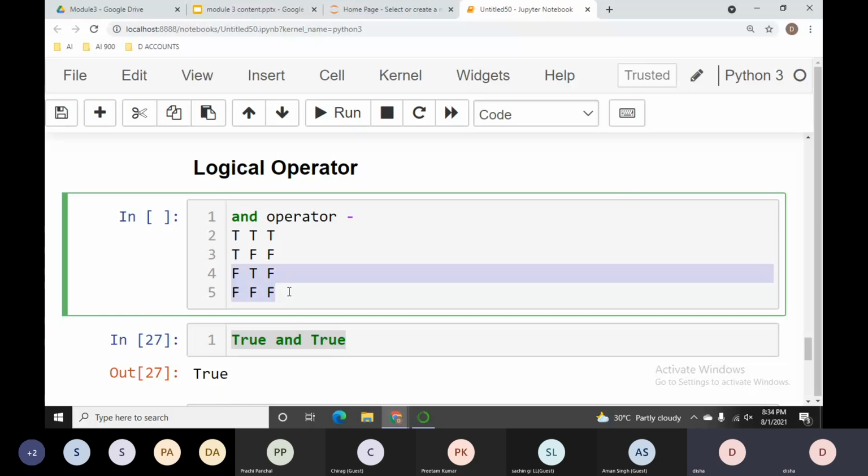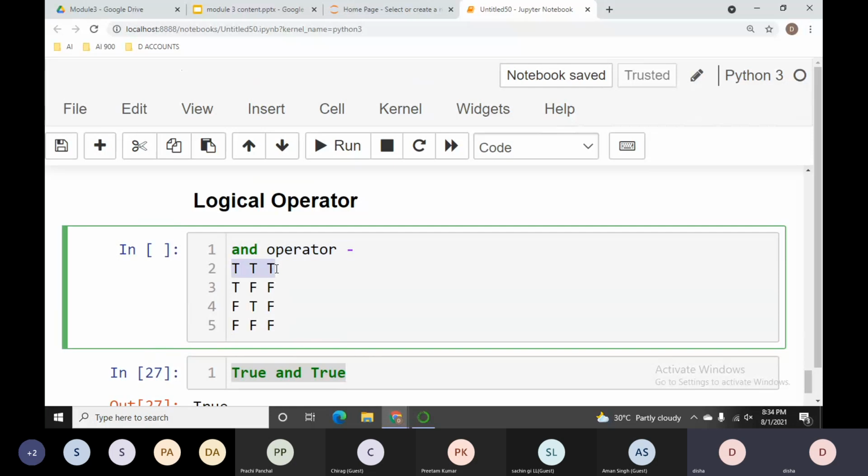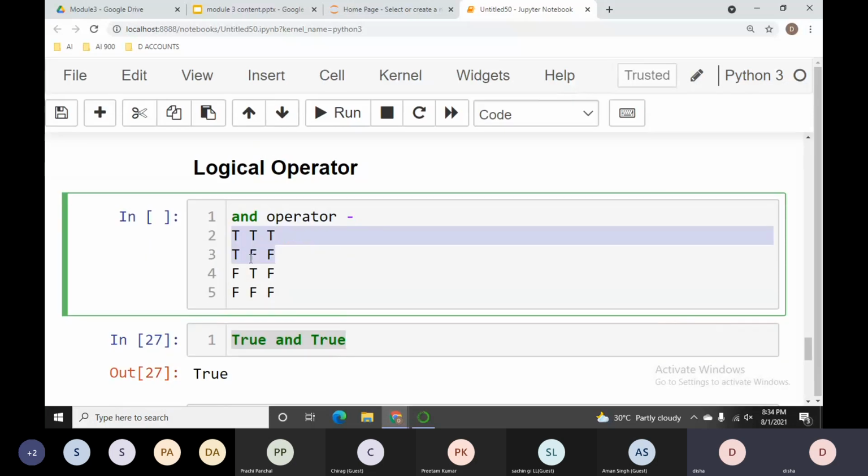Now, where will you focus on the second operand in the AND operator? When your first input, or first value or first condition, is true, at that time you will check your second operand. Why? Because the output is varying. In the second statement, when both conditions are true, you get the result true. But when one condition is true and one is false, you get false, meaning your second operand as a result.